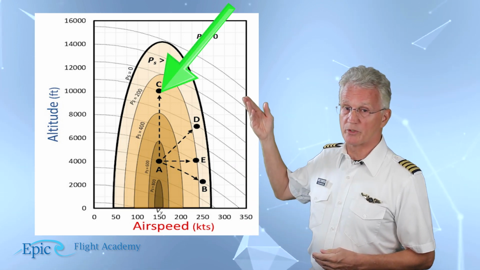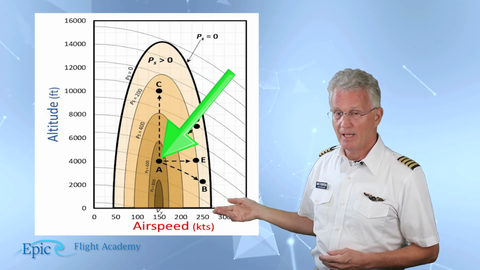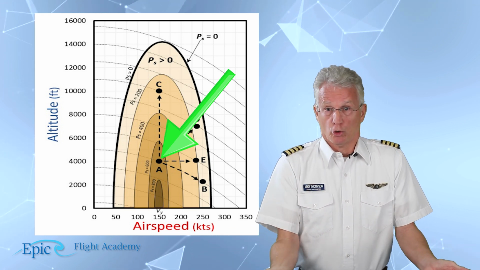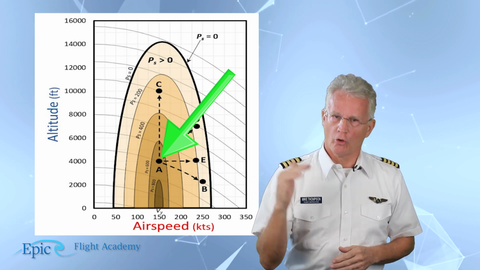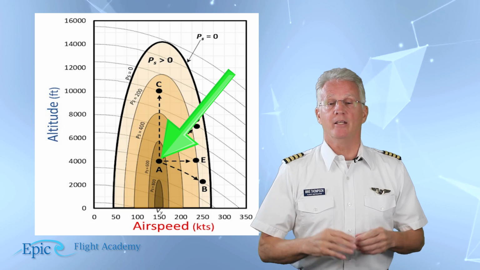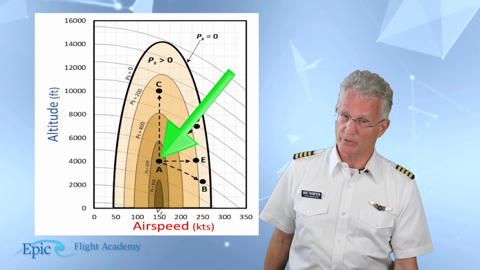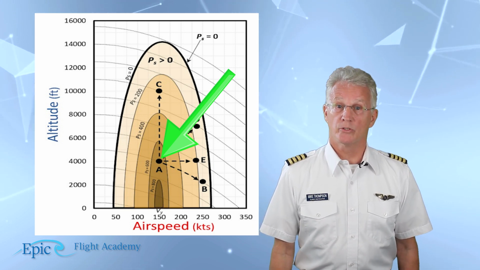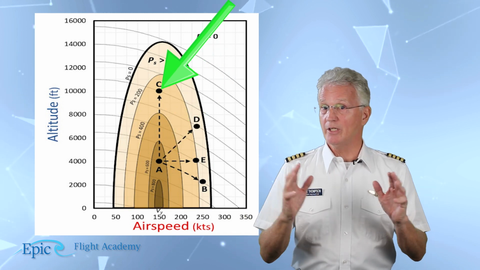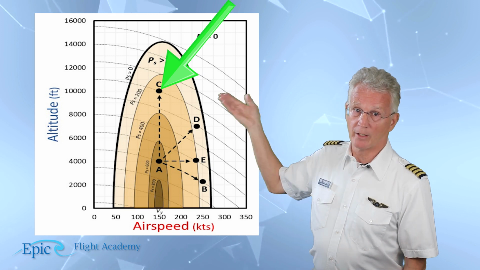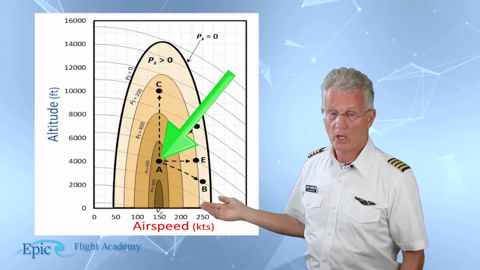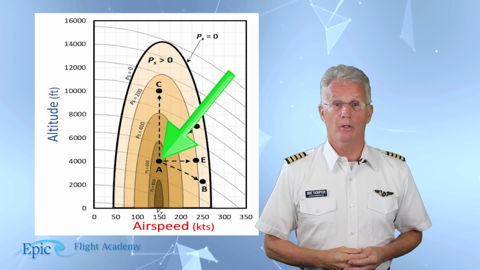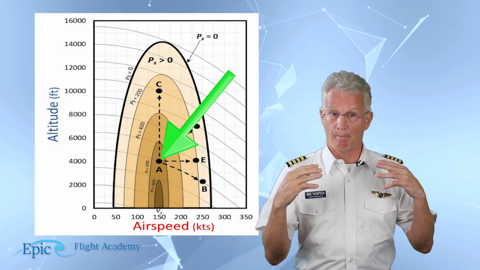On our graph here, to move from C to A, if we just push the nose over with the elevator, we'll come down in altitude, sure, but we'll move along the same total energy line and increase kinetic energy, our airspeed, and maintain the same total energy. So, our descent from C to A on our graph here from 11,000 to 5,000 will require a decrease in total energy. In other words, a total energy power reduction by,